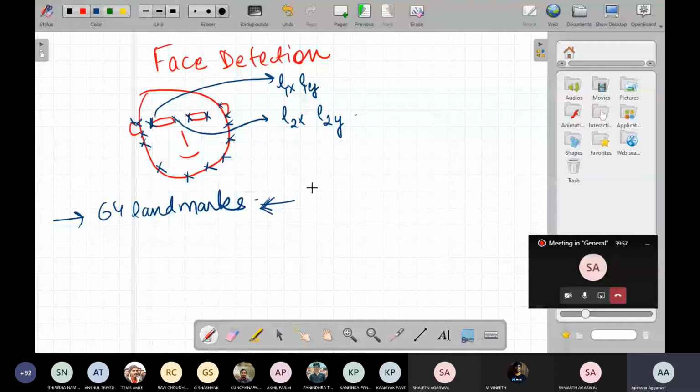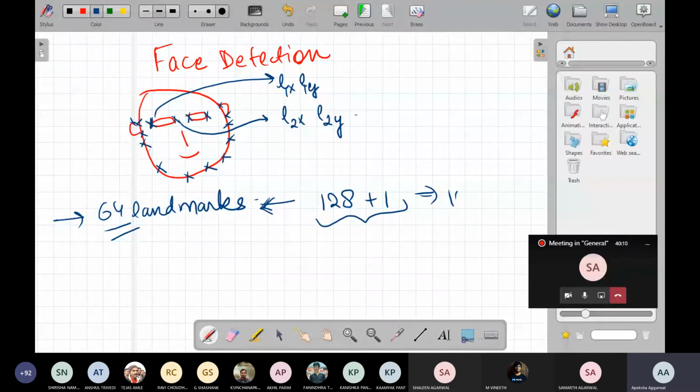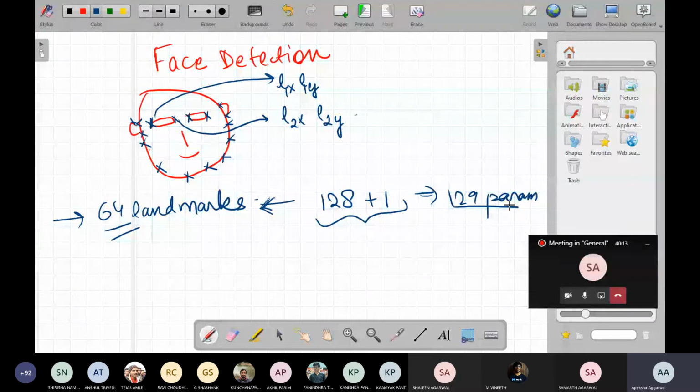So the total number of output labels would be 128 for the x and y points, plus 1 for whether a face is present or not. So in total 129 output labels.